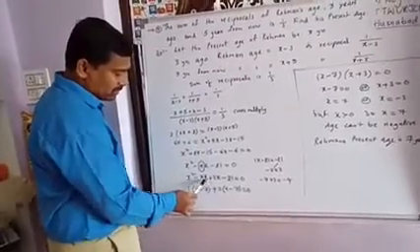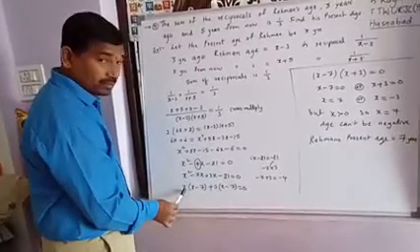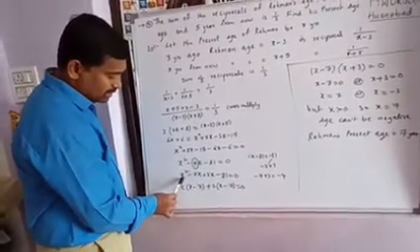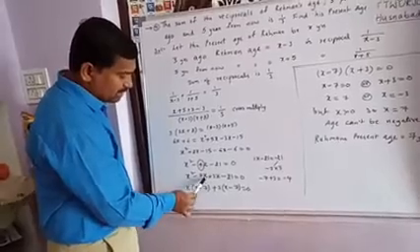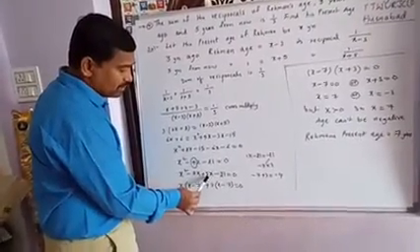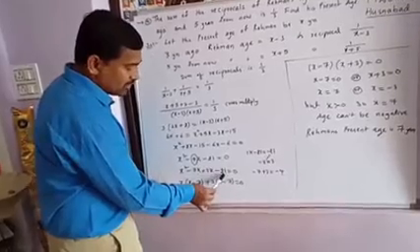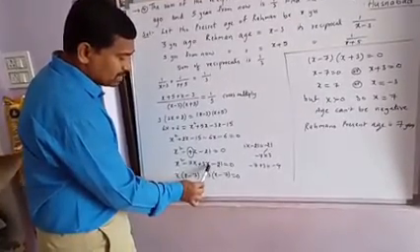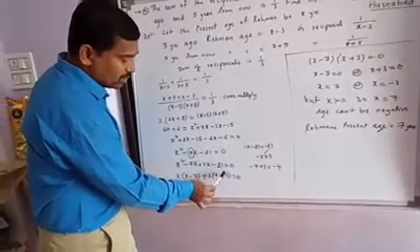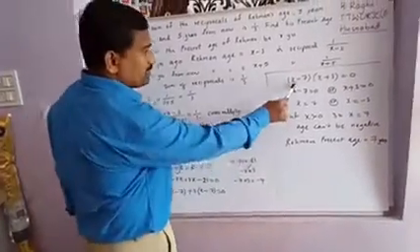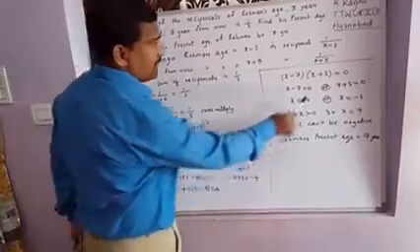Now from the first two terms, x is a common factor. Take x common: x square means x into x, remaining factor x minus 7. From the other two terms, 3 is a common factor, since for 21 also 3 is a factor. Take 3 common; the remaining factor is x, and 3 sevens are 21, so 7. So again x minus 7. Take x minus 7 common: x plus 3.